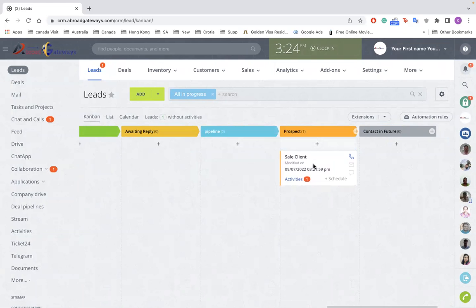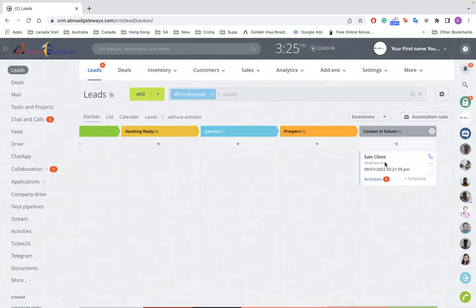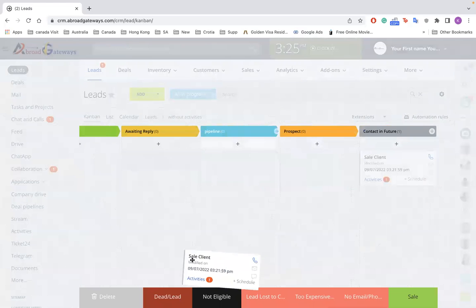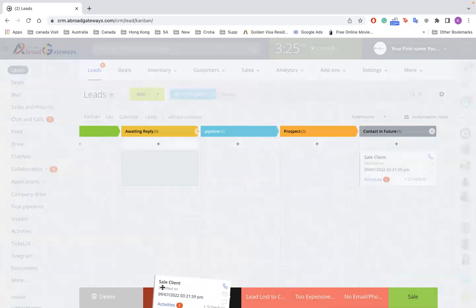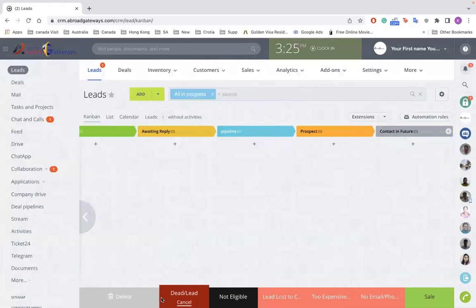Now, if the client says contact me in future, they go to contact in future. The client is not eligible, he goes into not eligible. You can drop him here. If you lost the lead to the competitor, just put it here. Some client must have subscribed with someone else, you'll put him there. The client is saying it's too expensive, you can put him in too expensive. If the client has no email, it's a spam, just put him here. If it is sale, put him in sale. Dead is, you can put him in dead in case the client is not at all eligible. Now, when I put him in dead,